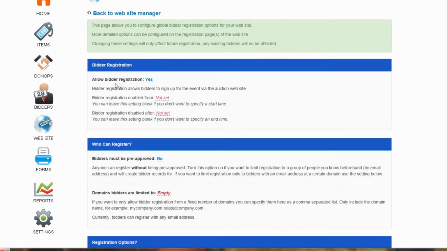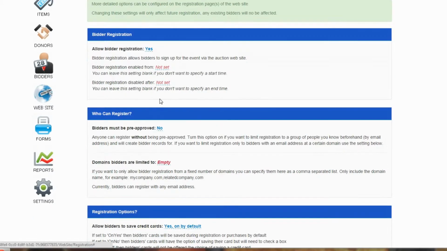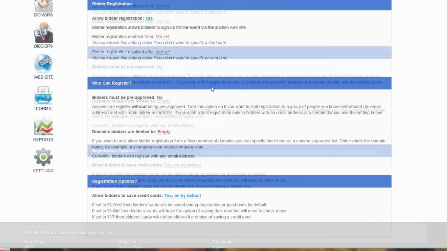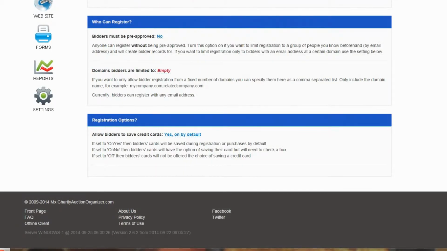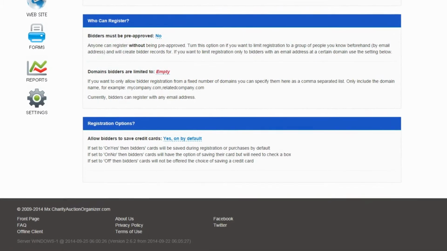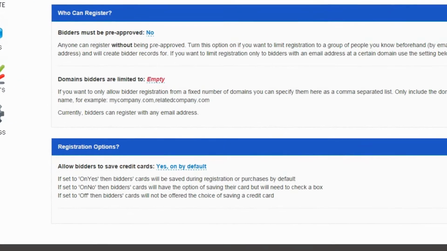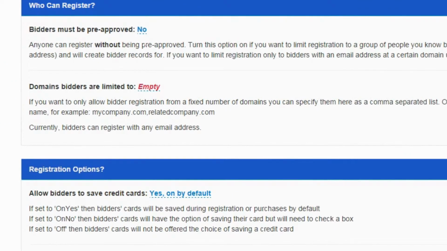Now, obviously we want to allow bidder registration. And I want to allow bidder registration to happen at any time. So I'm not going to set these two fields, but if you want to constrain it to a start and end time, then you can set that here. I'm not going to have pre-approved bidders because I want people who are not added to my database yet to still be able to